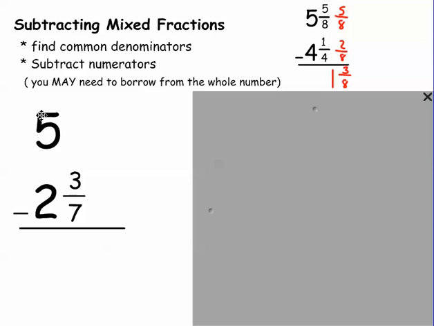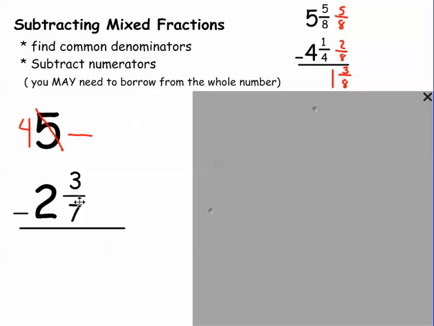Okay, so I'm going to have to borrow. If I borrow from that 5, if I take 1 away from it, I'm going to leave it a 4. Now I want to bring over 1. But in this case, because I'm dealing with fractions, I want to bring over a fraction that's equivalent to 1. Remember, a fraction that's equivalent to 1 is anything where the top and bottom are the same. 1 over 1, 2 over 2, 3 over 3,